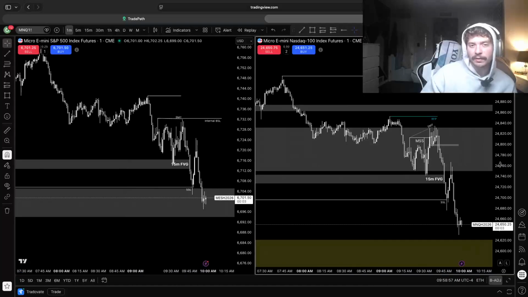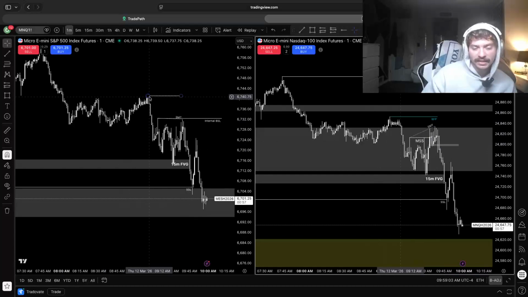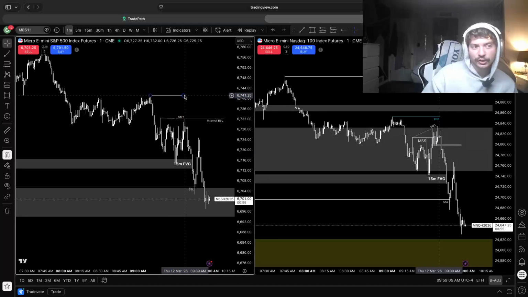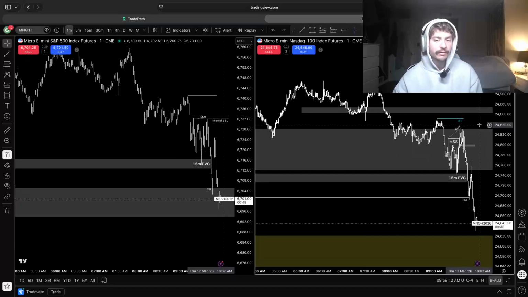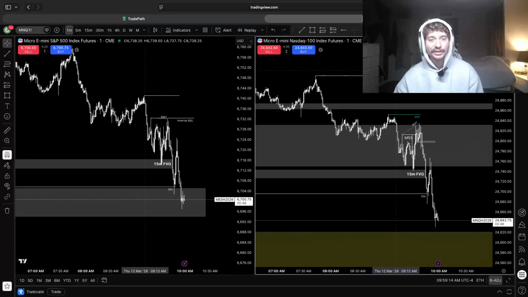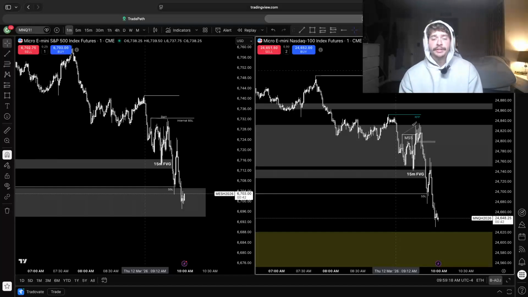Best case scenario on this trade, bro, was we were going to take risk-free point. I would go risk-free, and then this sell-off would have happened because there would have been an SMT at this high. So there was really no winning this trade. And again, it all starts with the entry reasoning. There wasn't even a bullish SMT in this 15-minute fair value gap. So that kind of shows why and how I need to be pickier.